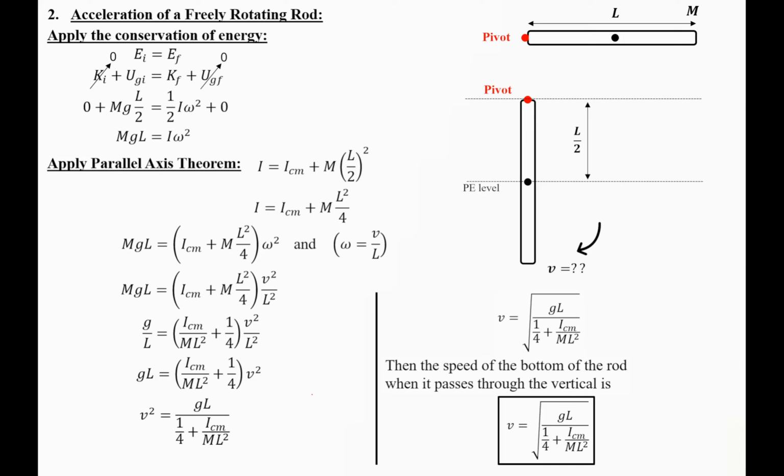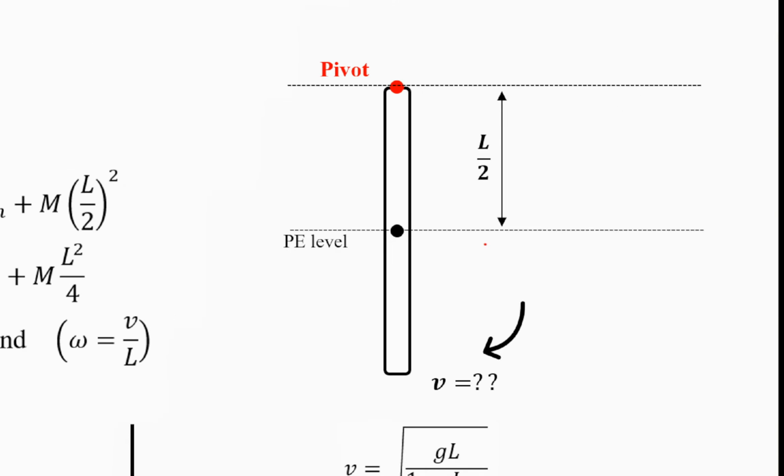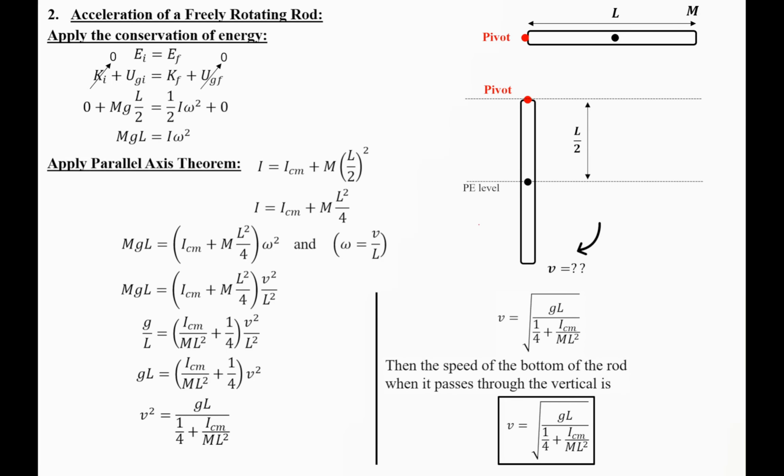Now you can think about the following. Since we have the speed, one can think of determining the acceleration of the rod, but here it doesn't work. Why? Because the type of motion is not uniform accelerated motion. While the rod is falling down from the initial position to the final position, what's causing this rotation actually is the torque produced by the pull of gravity on the center of mass as it falls down. And such type of motion is dictated by simple harmonic motion in which the acceleration is proportional to the displacement